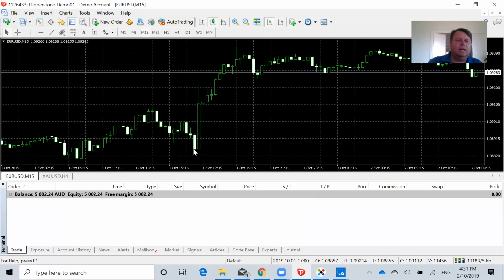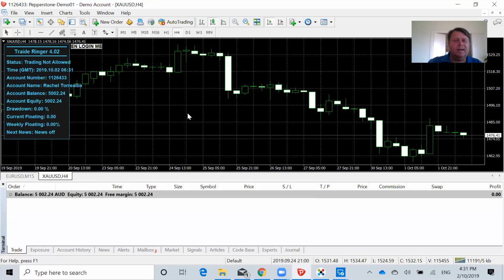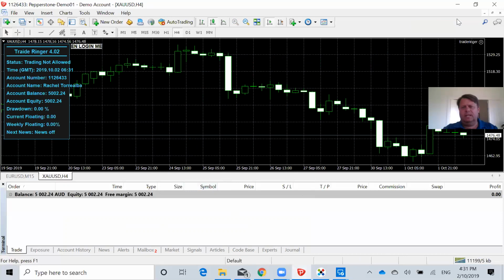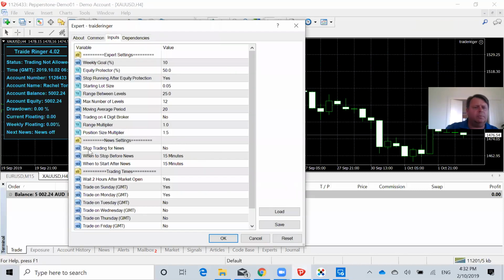So if you're going to trade in foreign currency, you must turn off for the news. In gold, it's not necessarily that important, but it's not a bad habit to get into. So let's just open up our settings again. Okay, so stop trading for news. Yes, I want to stop trading during the news period, because I don't want to get into these spikes and fluctuations. You want to stop 45 minutes before